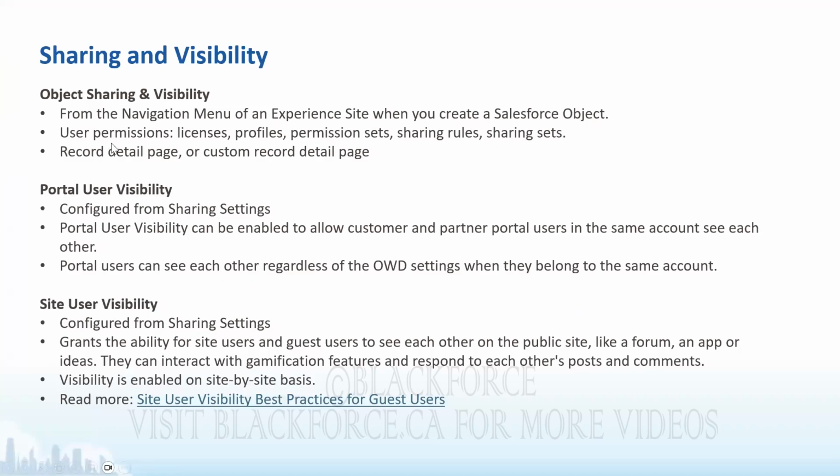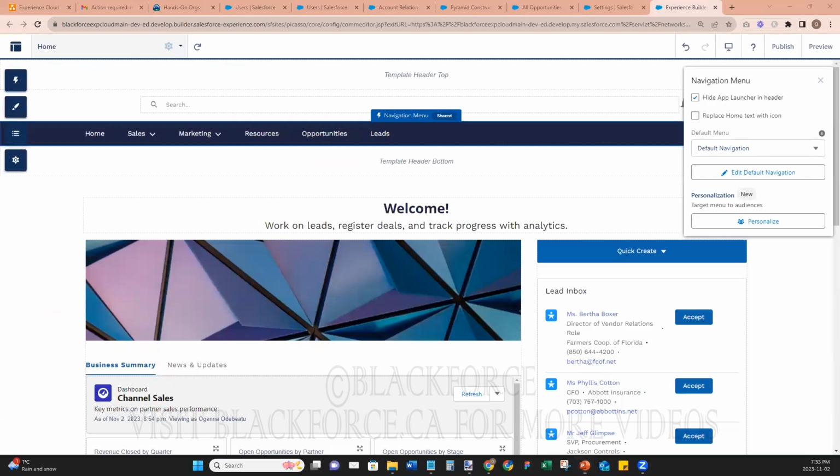Okay, so the next one is through user permissions. Like we've talked about, the licenses, profiles, permission sets, sharing rules, sharing sets. Then also on the experience site, the record detail page or custom record detail page. So to show you what that is,